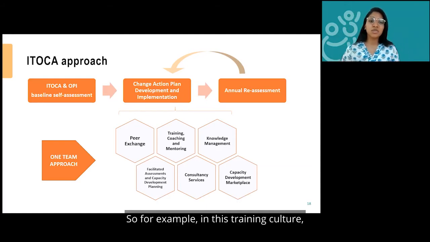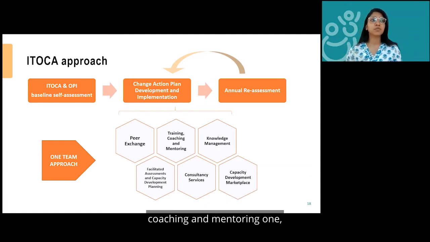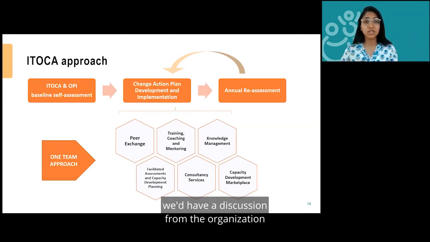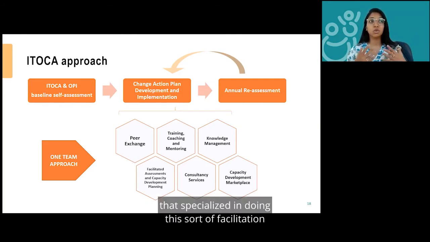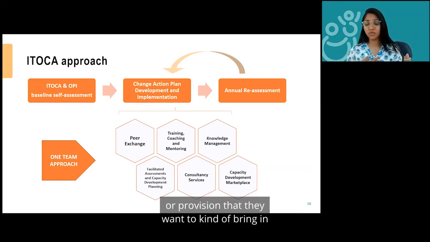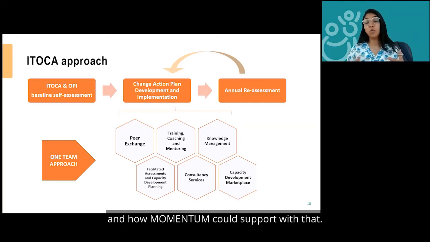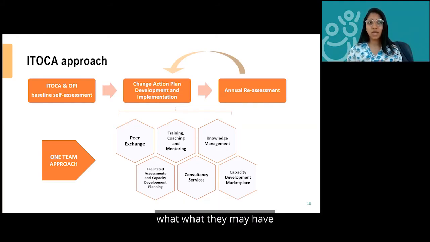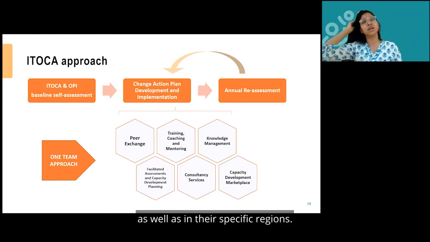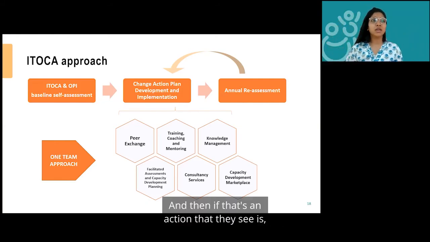So for example, in this training, coaching and mentoring one, we'd have a discussion with the organization to see if they already have in mind individuals or groups outside of the organization that specialize in this sort of facilitation or provision that they want to bring in, and how Momentum could support with that. So one is for them to see internally what they may have, as well as in their specific regions. And then, if that's an action that they see